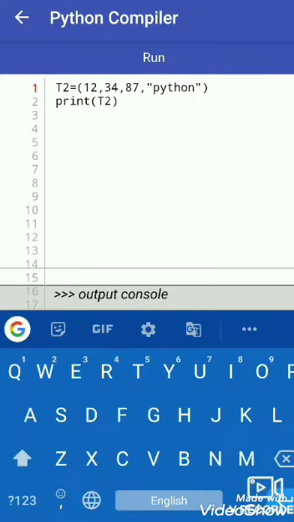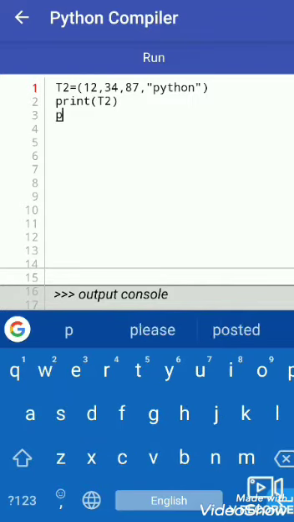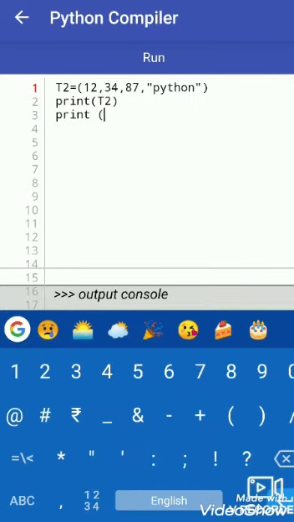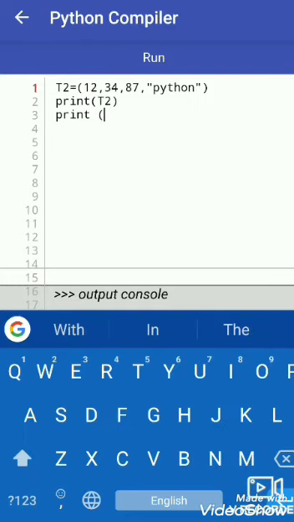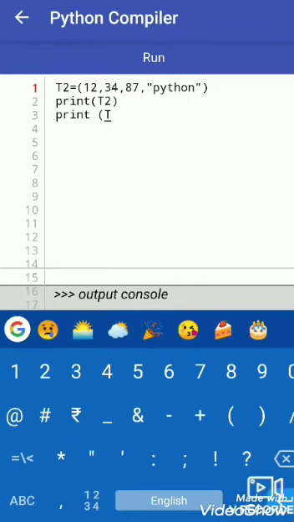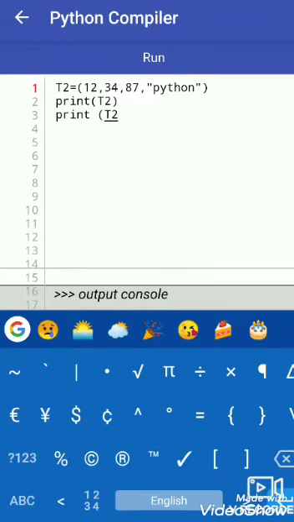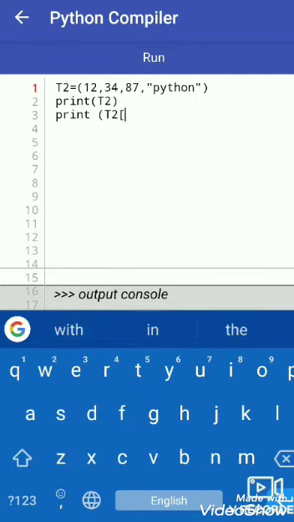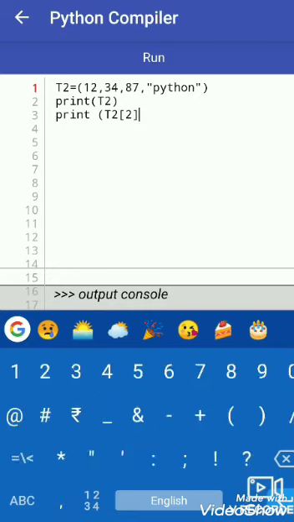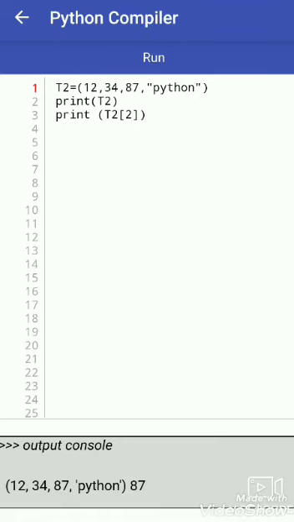After this we want to print any other member from this tuple, so we use the name of that tuple, T2, and then we use square brackets, and from T2 we need the second index number, so 2, and then close square brackets, then parenthesis, and let's see what will be the result, that is 87.